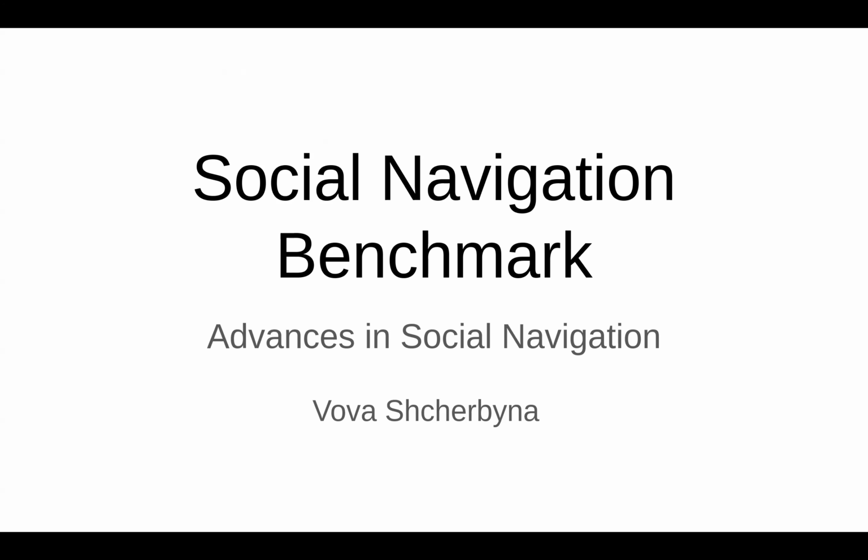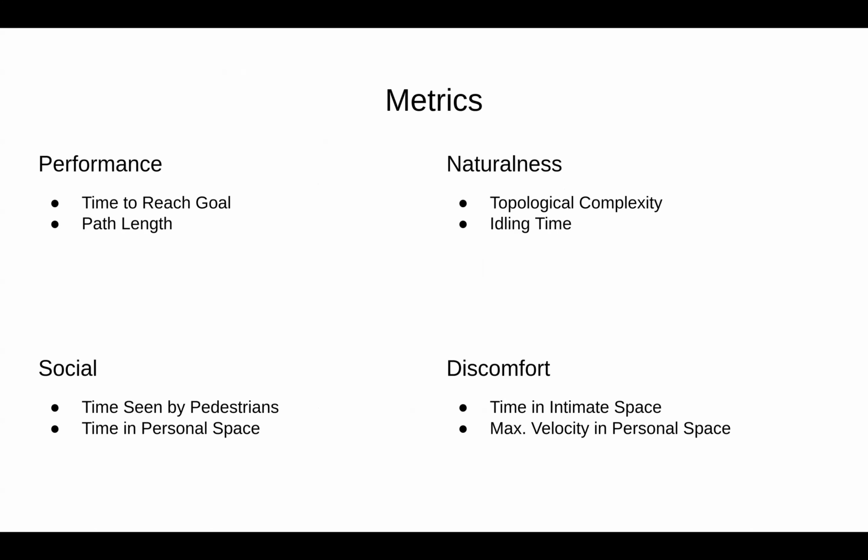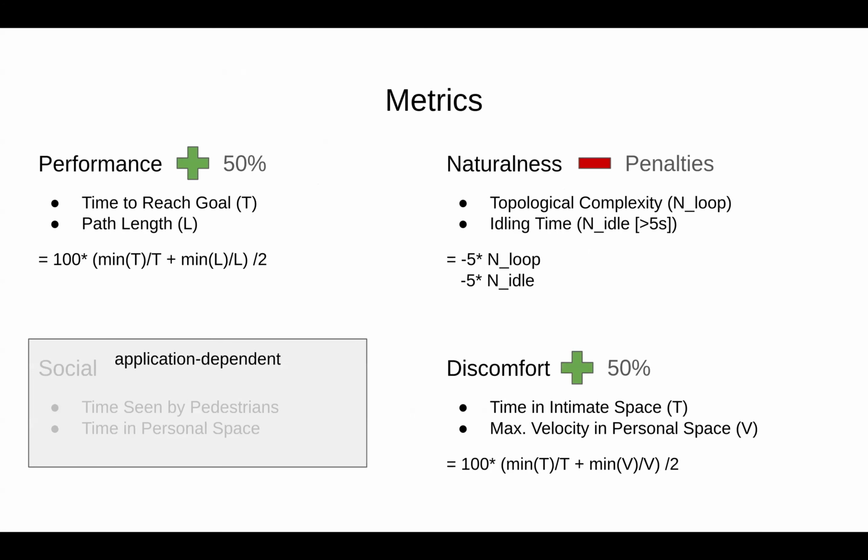Hey everyone. So let's talk about the actual competition. And I'd like to start off with reviewing the metrics we use for evaluating the planners. So broadly, our Arena evaluation platform has 4 categories of metrics, which are pure performance, naturalness of movements, social interaction, and human discomfort. For the purposes of our benchmark, since social interaction depends many times on the use case, for example, a caregiver robot should be seen by humans and a logistical robot should not be seen by humans, we exclude this category here.